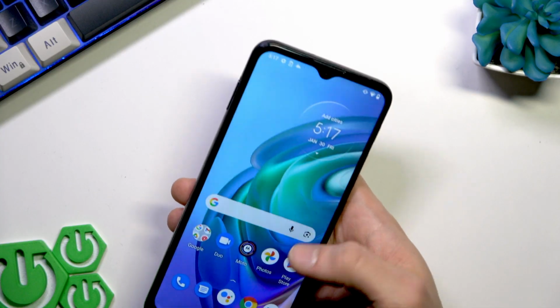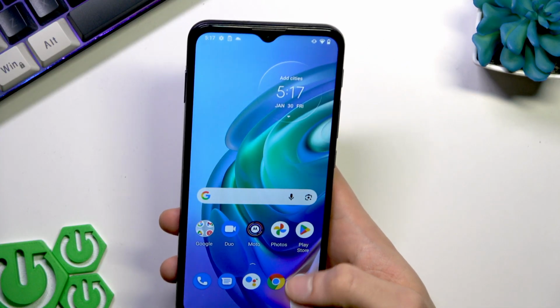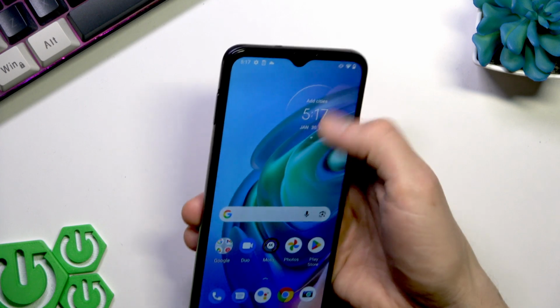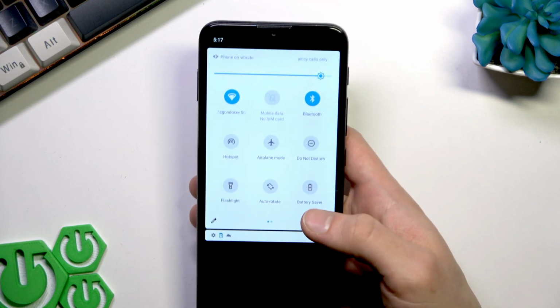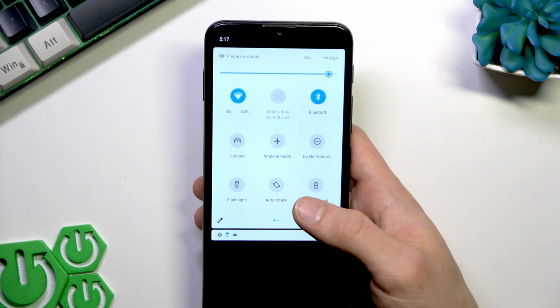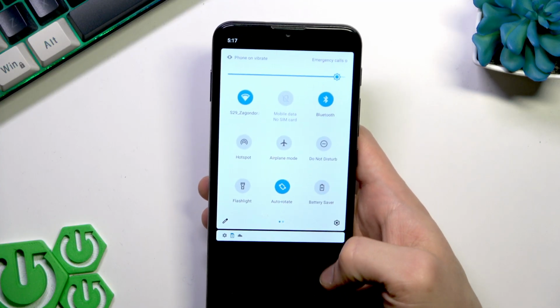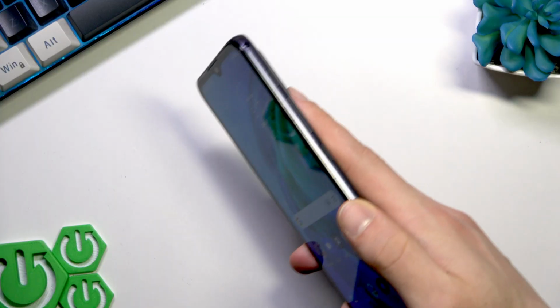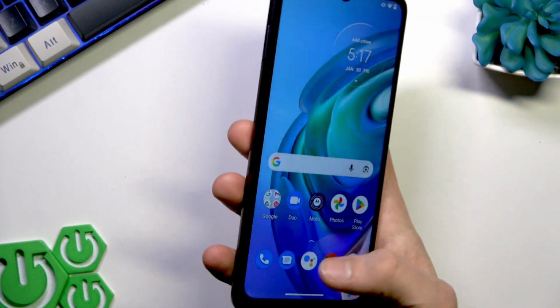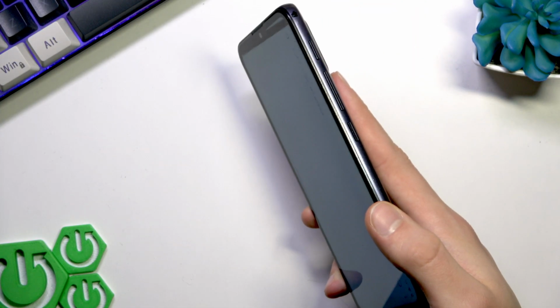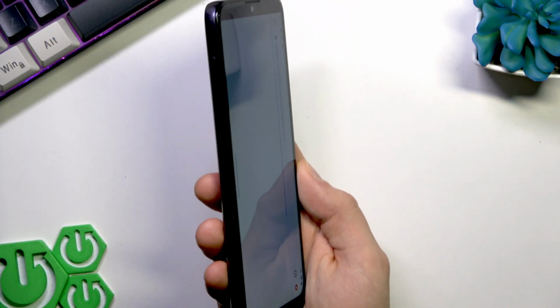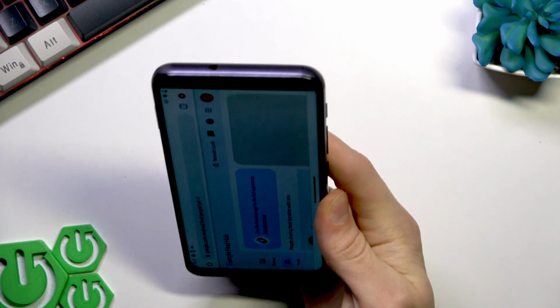So we're gonna need to check the auto screen rotation in specific apps, but before everything else, we have to enable it in the quick settings menu. Here we have it, auto rotate. Now try tilting your phone in different directions to check if the screen rotation is working,